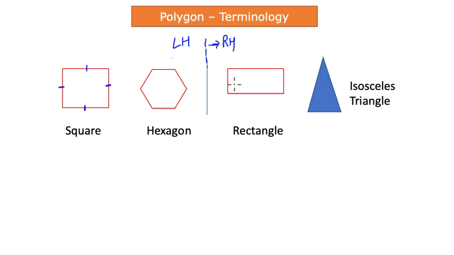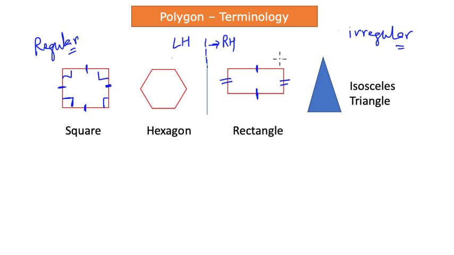Then on the right hand side, you see a quadrilateral, a rectangle that also has 4 sides. But we know that a rectangle has a property that only 2 opposite sides are equal to each other in dimension. Now this is the point of difference for any polygon. When all the sides and all the included angles are equal to each other, then such polygons are called regular polygons. And polygons on the right hand side are called irregular because not all the sides are equal to each other, right? Just like what we see as a point of difference between a square and a rectangle.